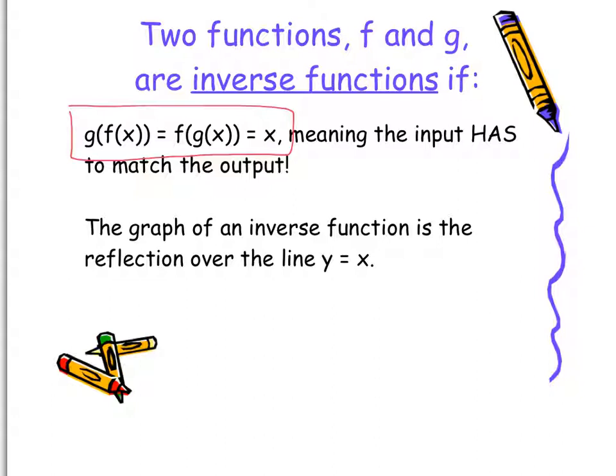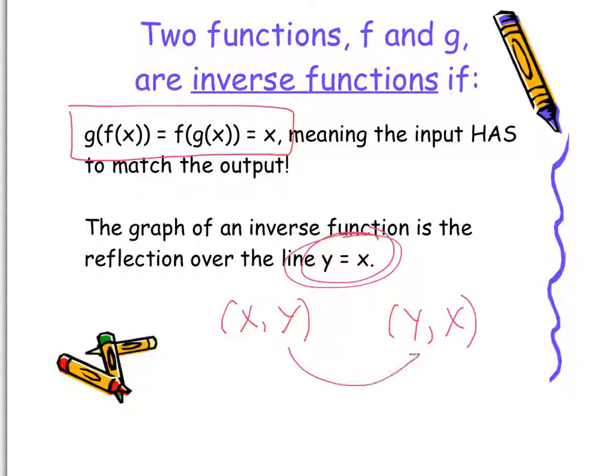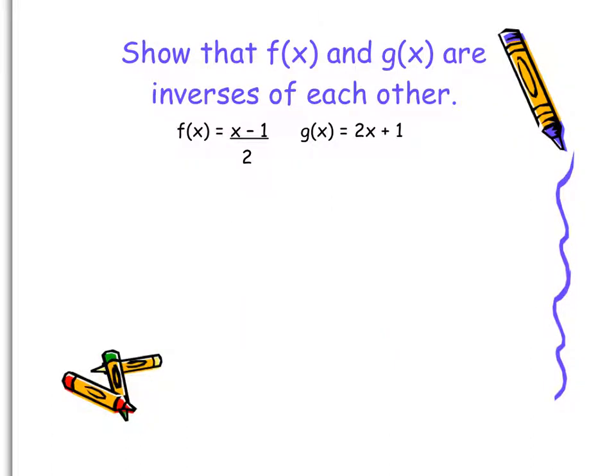We started to see this a little bit when we looked at some symmetry, that if we were to take a point and switch its x and y coordinates, it gets reflected over the line y equals x, because this relationship is exactly what goes on with the inverse. Those two coordinate values switch places, which is why we have already seen a little bit of the inverse up to this point. So let's verify right here by doing f compose g